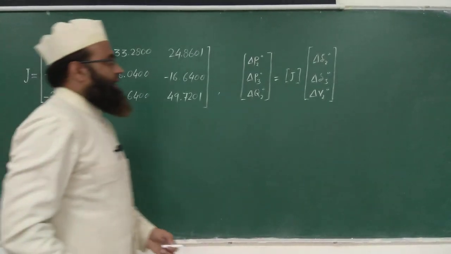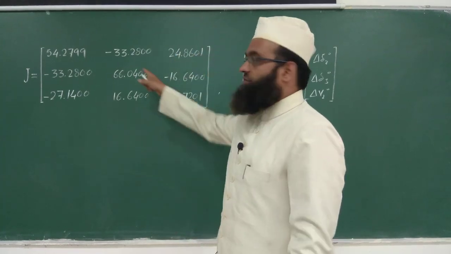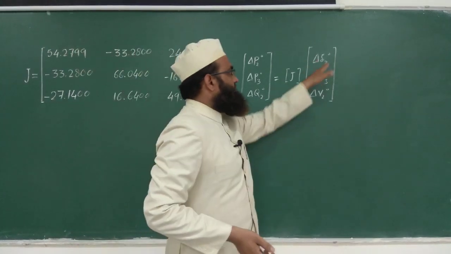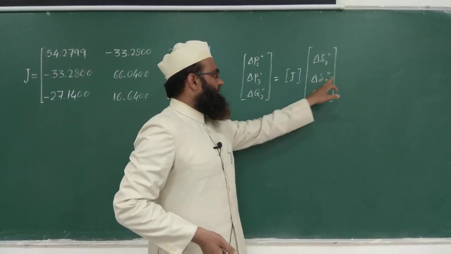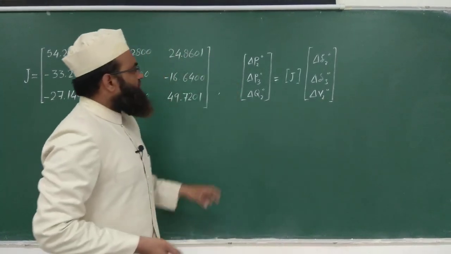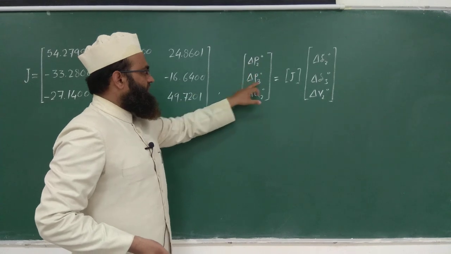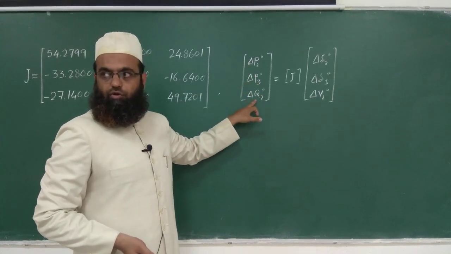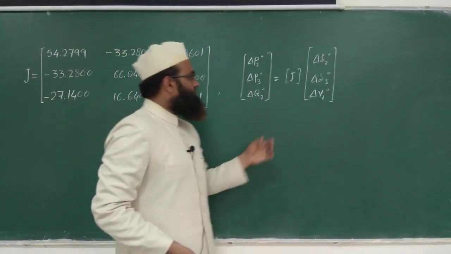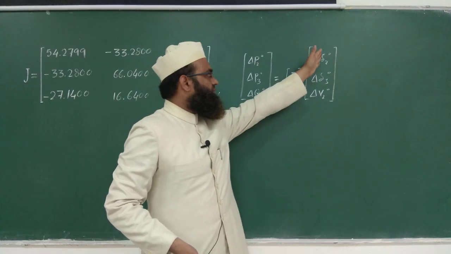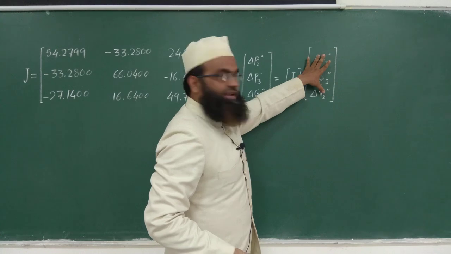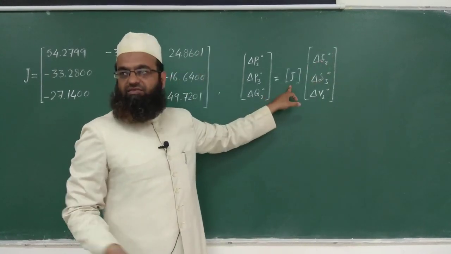So far, we have evaluated all the elements of the Jacobian matrix. Our aim is to get the values of these corrections: del delta 2 0, del delta 3 0, del V2 0. Fine. So till now we have evaluated the values of del P2 0, del P3 0 and del Q2 0, plus the elements of this Jacobian matrix, right? So with the help of these two matrices, we can get the values of these corrections. So we can write this vector is equal to inverse of this matrix times this, right?